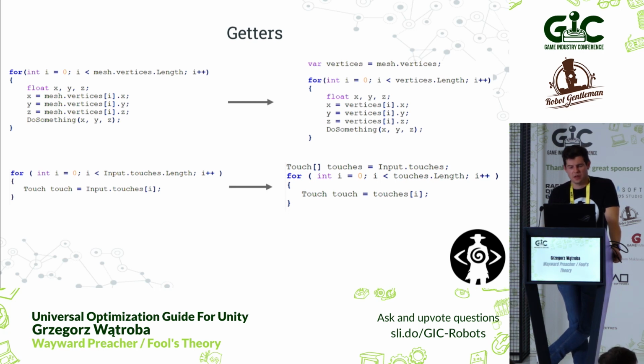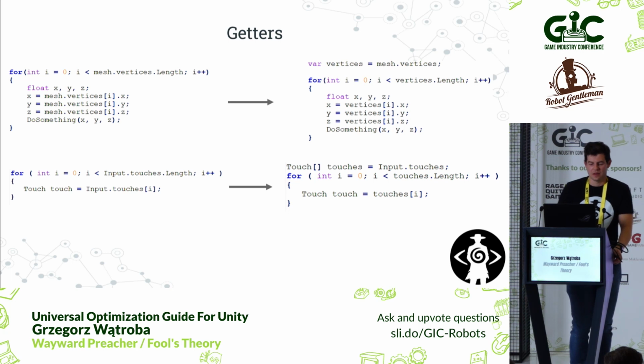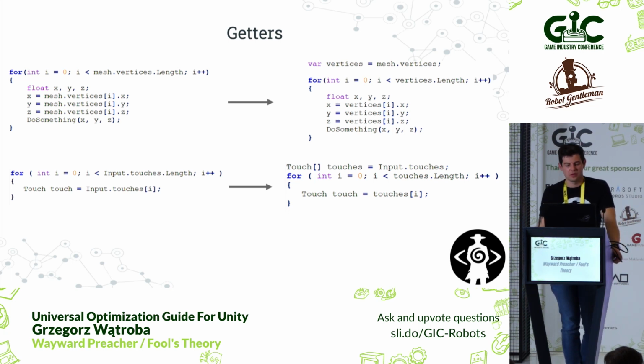Getters. Even though engine API classes are well optimized, some of them still might be better to be cached before usage. At some point, and this probably has been fixed, there was advice to even cache the transform of the current game object. So the transform object, which is like the most popular one, was actually advised to be cached, which might sound crazy, but I don't think that this is a lot of work, to be better safe than sorry.